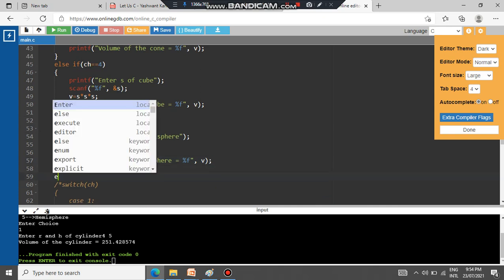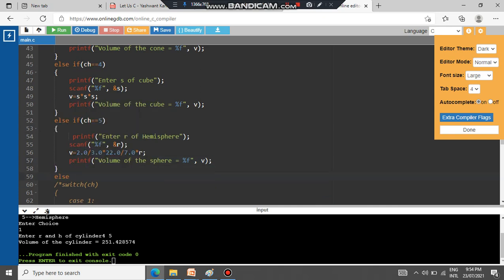Otherwise it will be printf invalid input \n and semicolon.